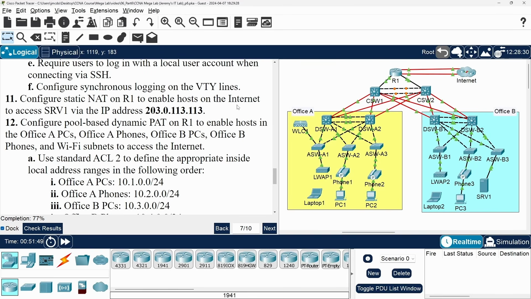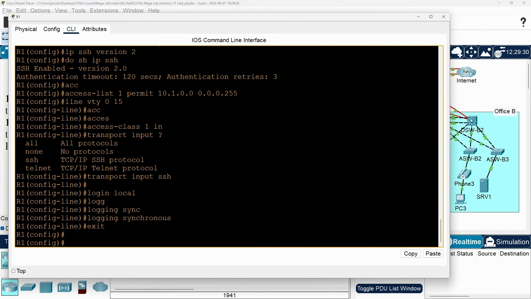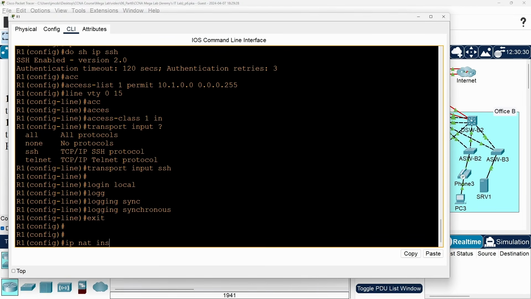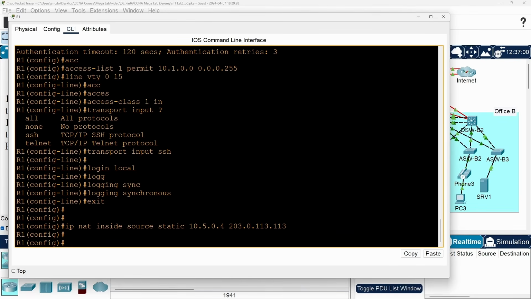Let's open up the CLI of R1 and configure it with ip nat inside source static, then the inside local address, which is 10.5.0.4, followed by the inside global address, which is 203.0.113.113. Now, we've configured the static NAT statement, but there's still something missing. We need to specify the inside and outside interfaces.